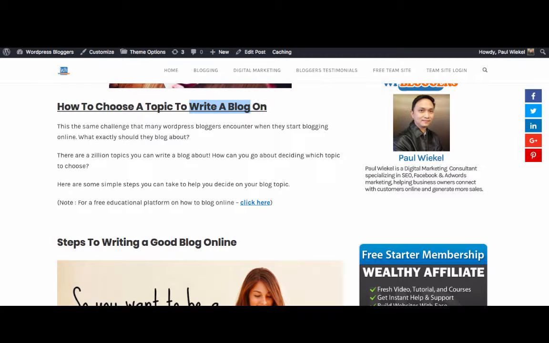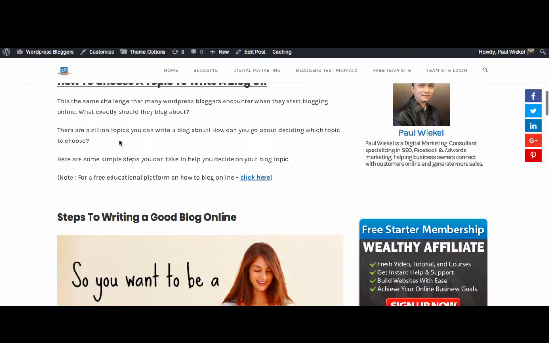So you have a header 2 text here, and that's what I've done here. And then you have some paragraph text that talks about the topic. Just keep in mind that you should be putting in at least 7 to 8 instances of keywords, whether it's the actual keyword "blog" or a longer tail keyword like "write a blog." You should litter that throughout your blog post at least 7 or 8 times,